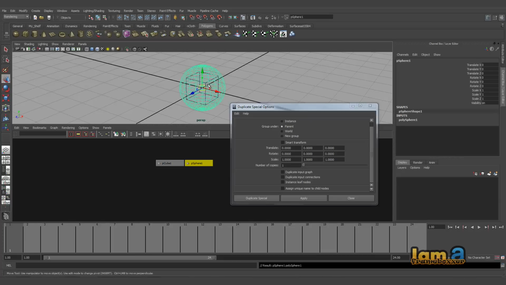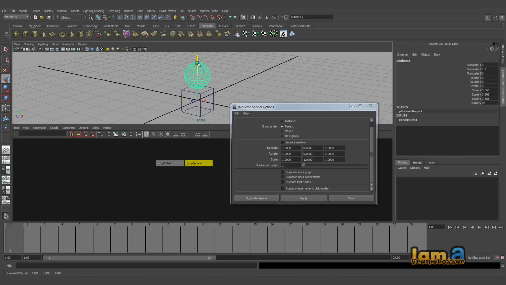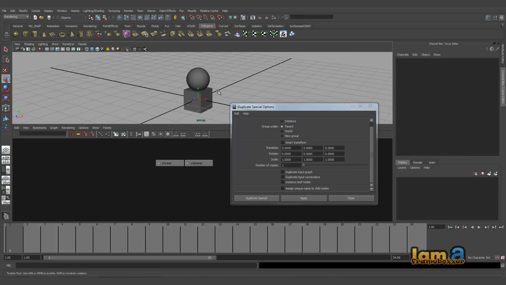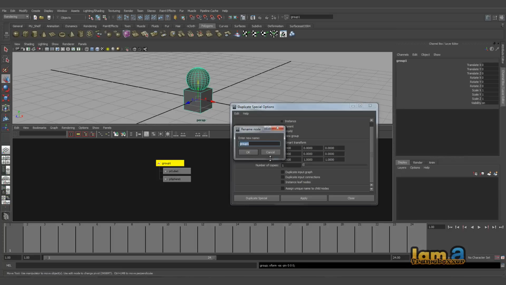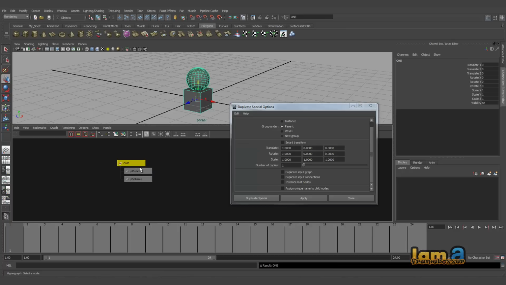Let's keep one on top of each other, I'll scale this down, and let's group this up, Control G, and I'll call this say 1.